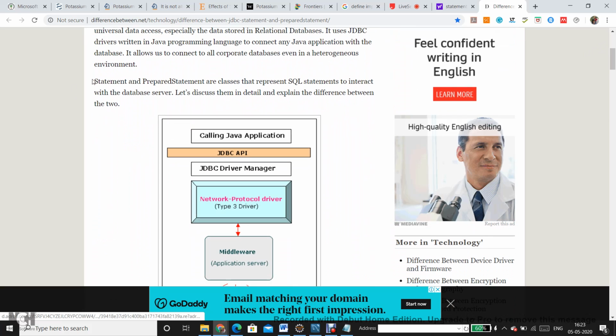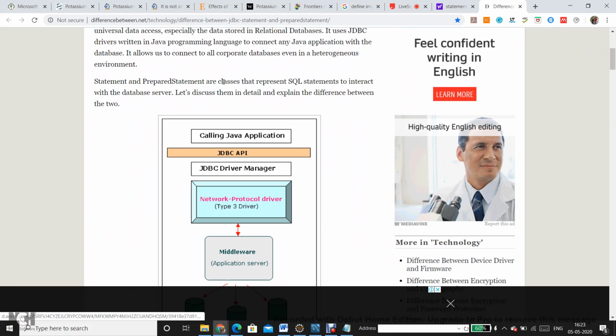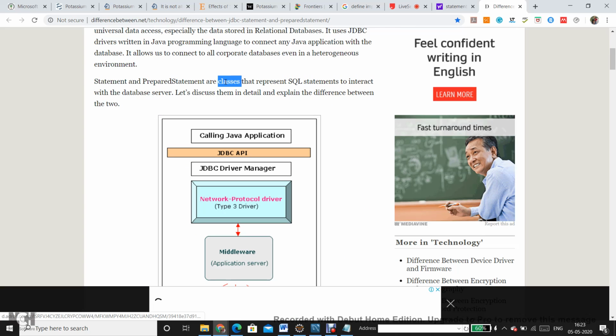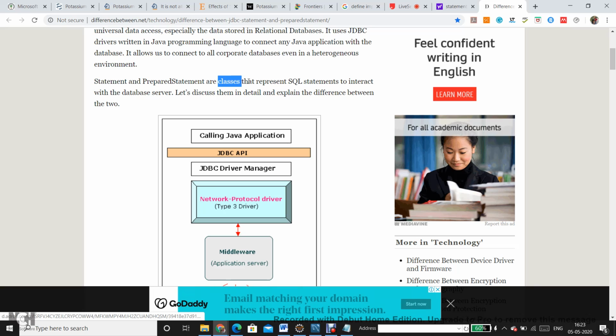So in general, Statement and PreparedStatement are not classes but interfaces. Okay, this is the mistake over here. The implementations, of course, are available as classes that represent the SQL statements to interact with the database server. So the detail is